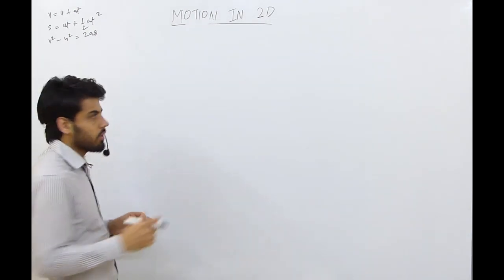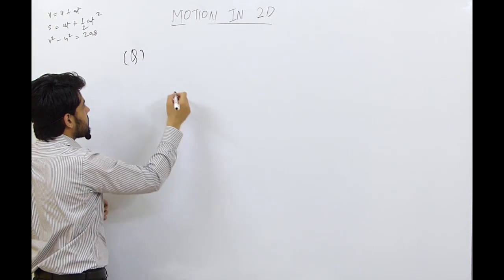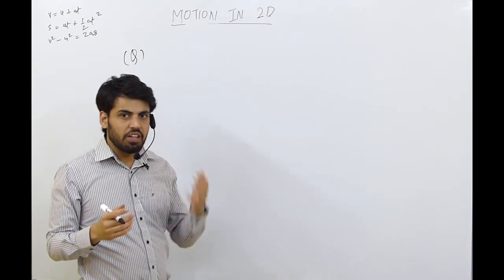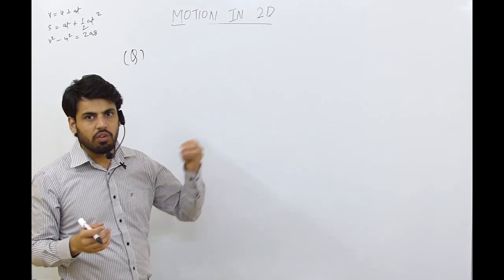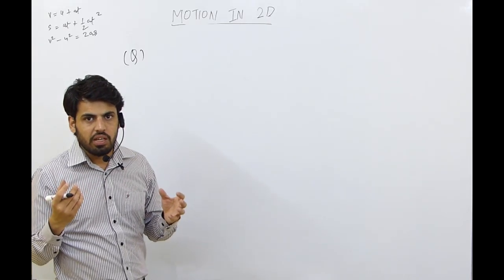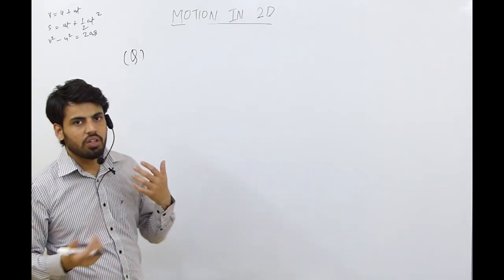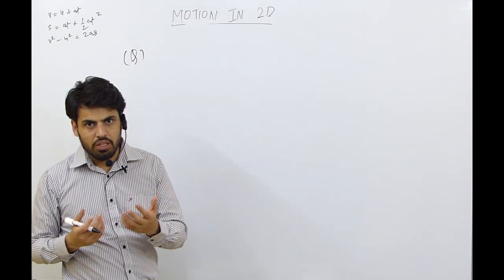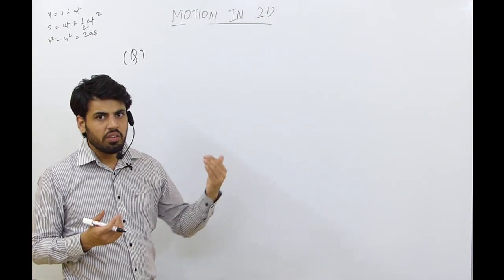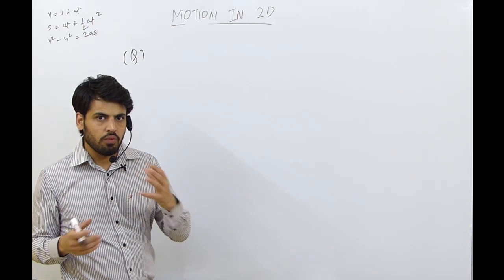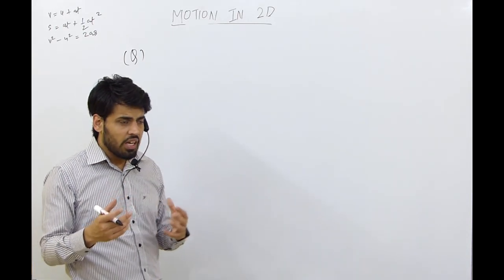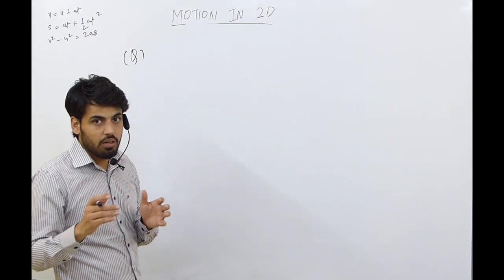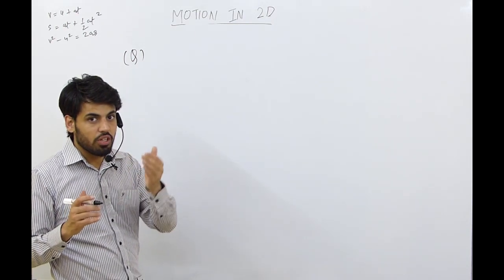Now let's move to another question, which is logic based. A question usually comes: a man traveling in a train just drops an object from the window of the train. What kind of motion does that object follow? It's very simple. We have discussed in earlier classes that the object will follow a projectile motion, because acceleration is only in the y direction, there is no acceleration in the x direction. So when in 2D planes the force or the acceleration is acting on only one axis, that object follows a projectile motion.